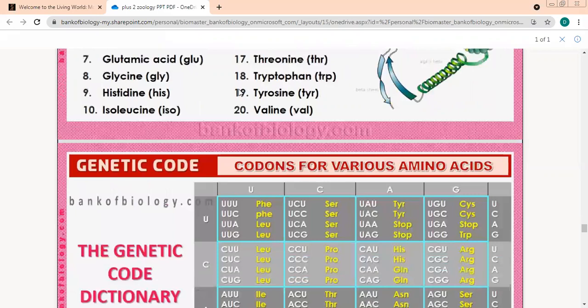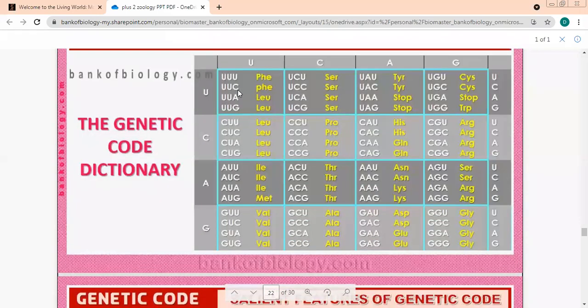Leucine. Sometimes in the board exams, they will give you a code and they'll ask you coding for what amino acid. So it becomes very difficult. So you do it box-wise. U ke saath aap simply yaad rakho UU agar first pair hai toh UCAG chalega. First two are PHE and the next two are leucine. What was PHE?